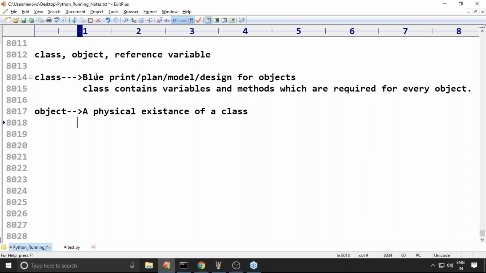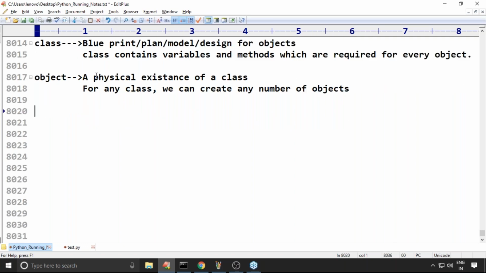Any number of objects we can create. For any class we can create any number of objects. The physical existence of a class is nothing but an object.